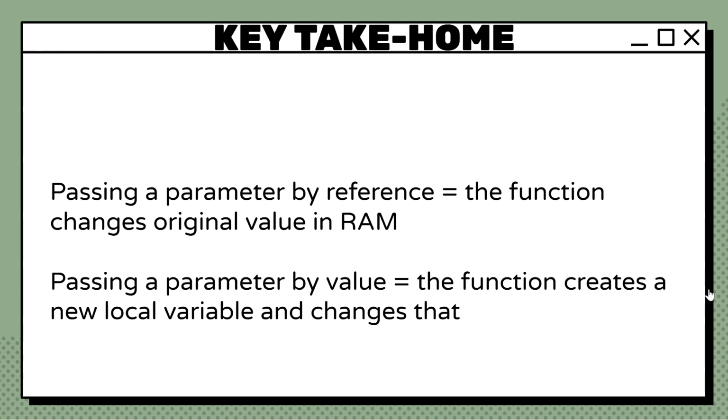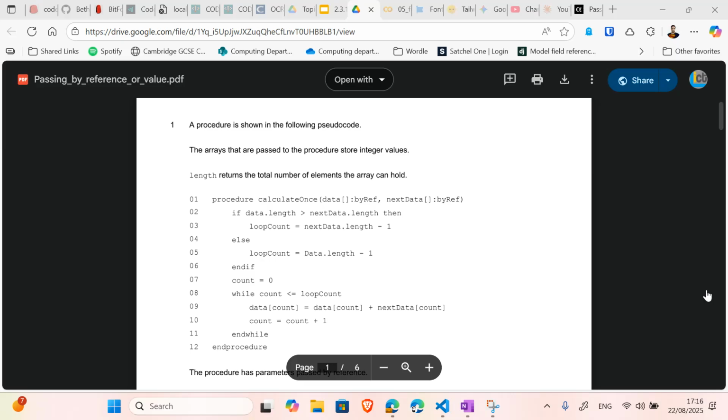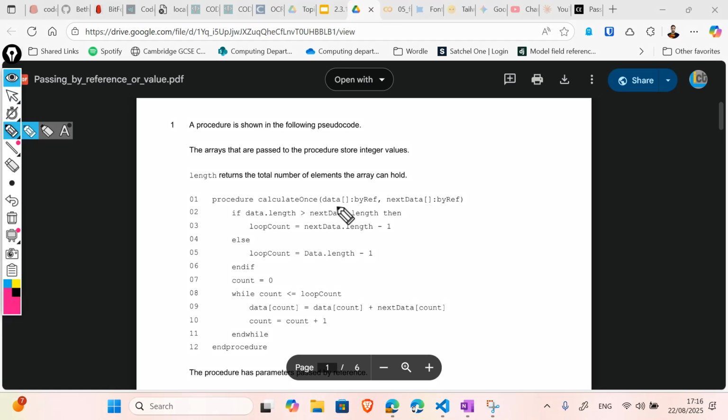You have to remember, when passing a parameter by reference, if that's what the question's asking you in the exam paper, then you're going to have to mention that it changes the original value in RAM, okay? The original memory location. If you pass a parameter by value, you know that the function creates a new local variable and changes that. Okay, and to finish this video off, let's look at an example question from an exam paper. So you can see here that our